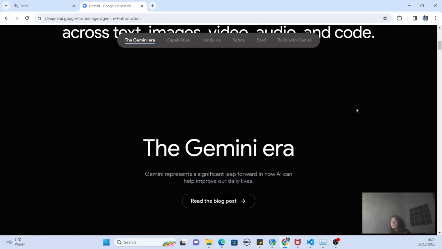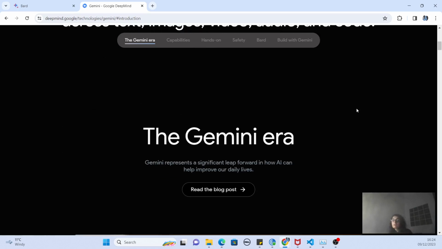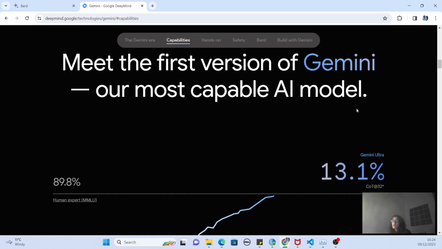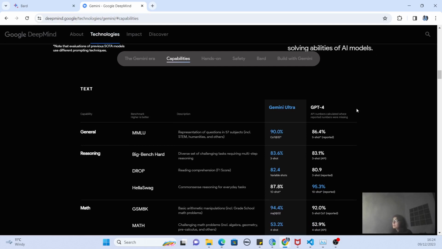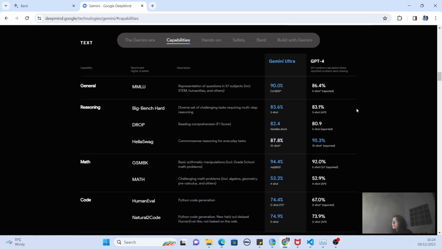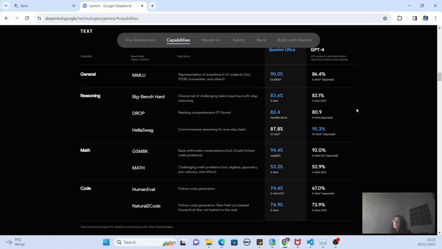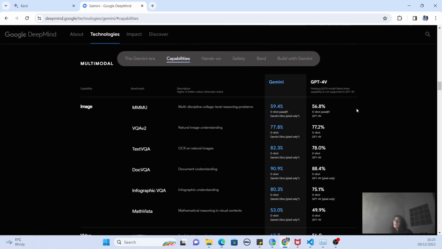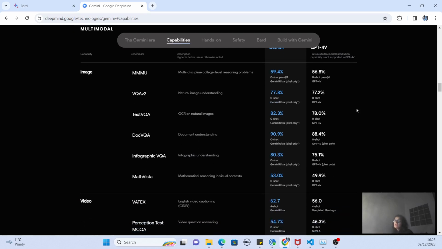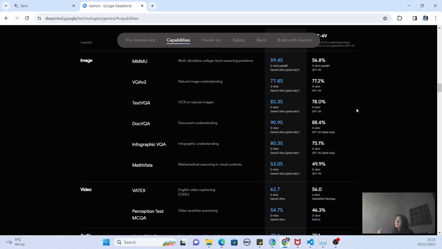and the best part to explore that stuff is to go into the Gemini website, which I have right now in front of me, and here you can see all the capabilities that Google has mentioned. They have also compared Gemini Ultra with the GPT-4 version and how efficient it is, and you can see that almost at every paradigm Gemini Ultra is having much better performance in reasoning, in general, in math, in code as compared to GPT-4. Now in multimodality also you can see that if you see the capability of images, Gemini is better. If you see videos, Gemini is much better in real time analysis over a video,